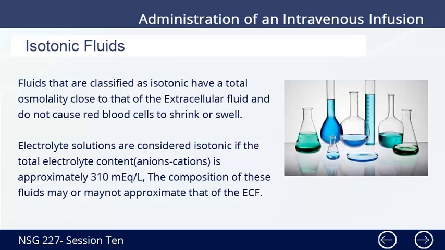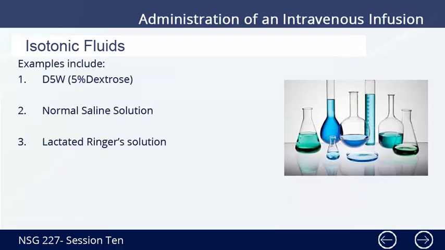Isotonic fluids. Fluids that are classified as isotonic have a total osmolality close to that of extracellular fluid and do not cause red blood cells to shrink or swell. Electrolyte solutions are considered isotonic if the total electrolyte content, anions plus cations, is approximately 310 mEq/L. The composition of these fluids may or may not approximate that of the ECF. Examples include: